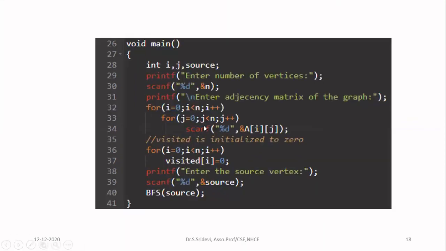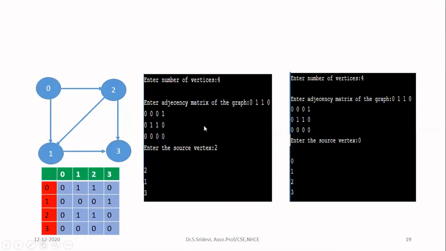Now let us see how this will work with an example, how you are supposed to give the input. Let me consider this graph. It is a directed graph. So once the graph is given to you, first you have to construct the adjacency matrix because that should be fed as input to your algorithm. So first, I'm going to create the adjacency matrix for this. Totally, there are 4 nodes in this graph. So I need to create a 2D array of dimension 4 cross 4. In that, red color represents all the rows and green represents the columns and this blue represents the cells. So these cells only are going to decide now.